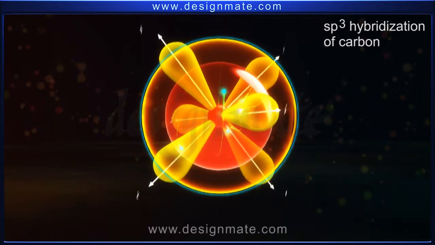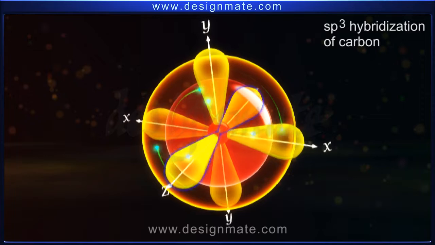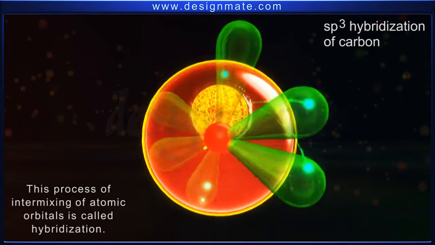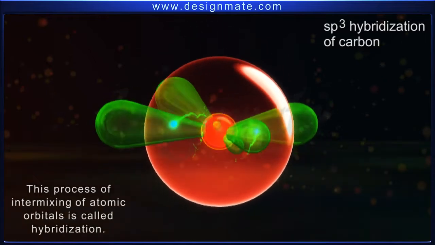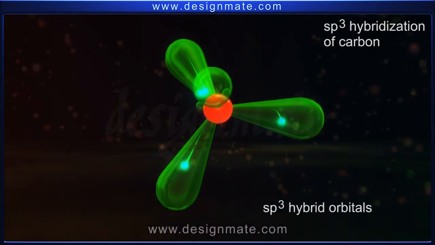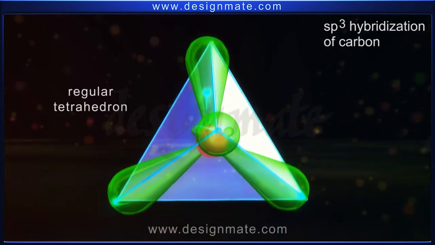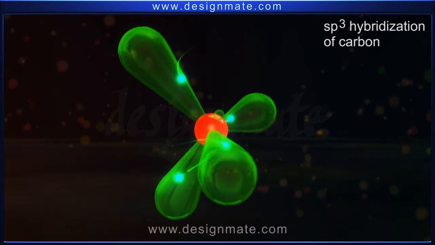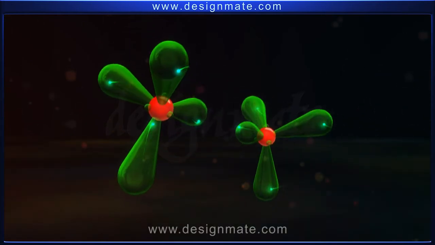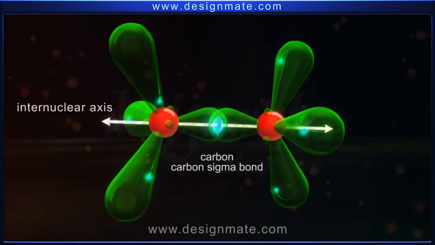In the next step, the 2s, the 2px, the 2py, and 2pz orbitals of this atom intermix. This process of intermixing of atomic orbitals is called hybridization. As a result, 4 equivalent orbitals called sp3 hybrid orbitals, directed along the 4 corners of a regular tetrahedron, are formed. When 2 such sp3 hybridized carbon atoms approach each other along the internuclear axis and overlap, a carbon-carbon sigma bond